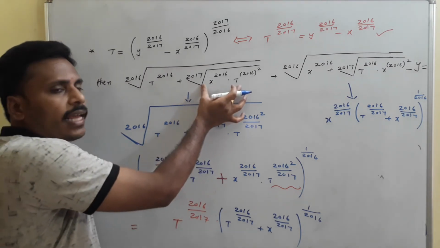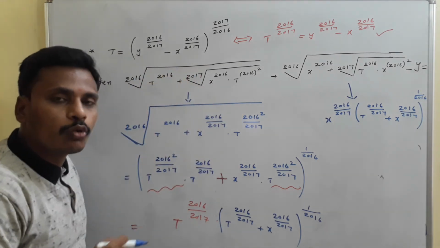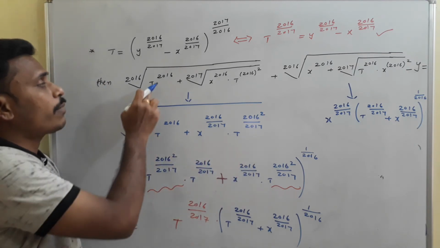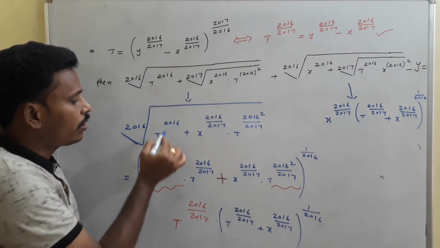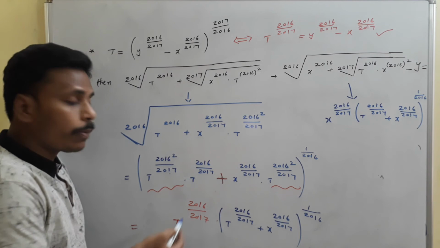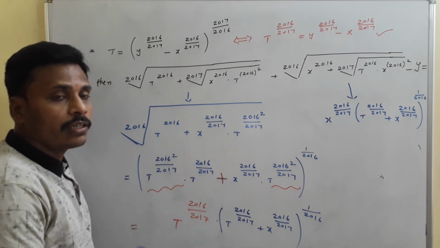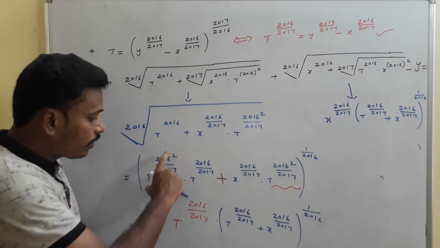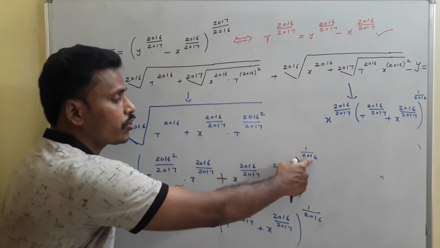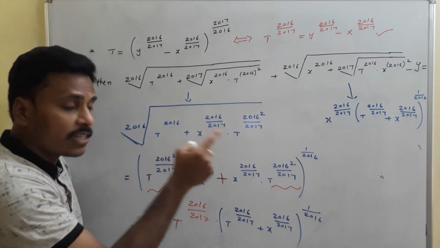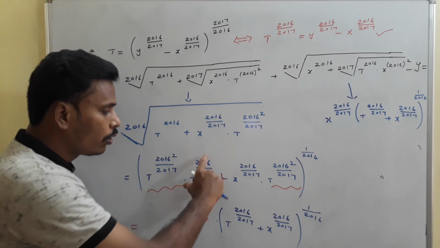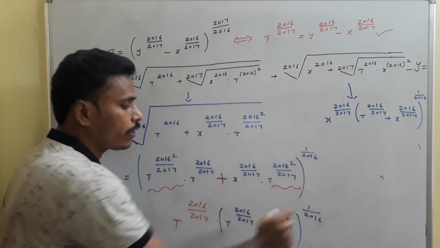You just write it like, by removing 2017 root as 1 by 2017. So you will get second term as this. And whereas coming to this first one, t power 2016, this 2016 can be written as 2016 square by 2017 plus 2016 by 2017. So this is the product now. And this part is common for these two terms. Pick it out along with this 1 by 2016. So 1 by 2016 gets cancelled with this. So you are left with t power 2016 by 2017 into sum of these two with the power.